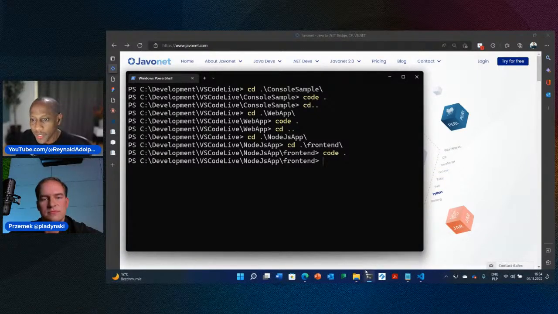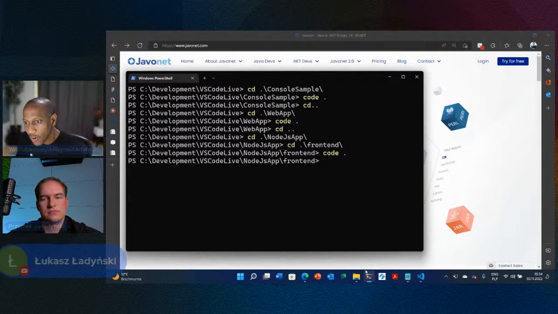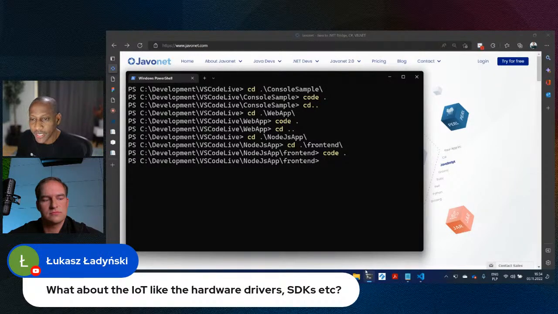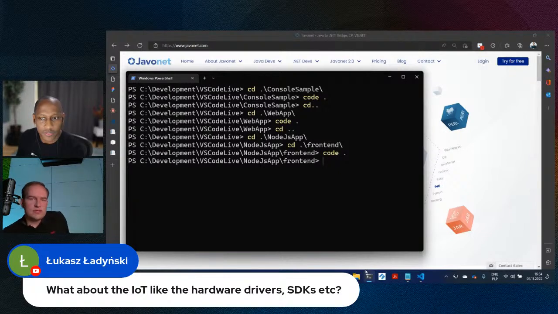Okay. Lucas asked, what about the IoT, like the hardware drivers and SDKs? So that depends on the operating system you are running.